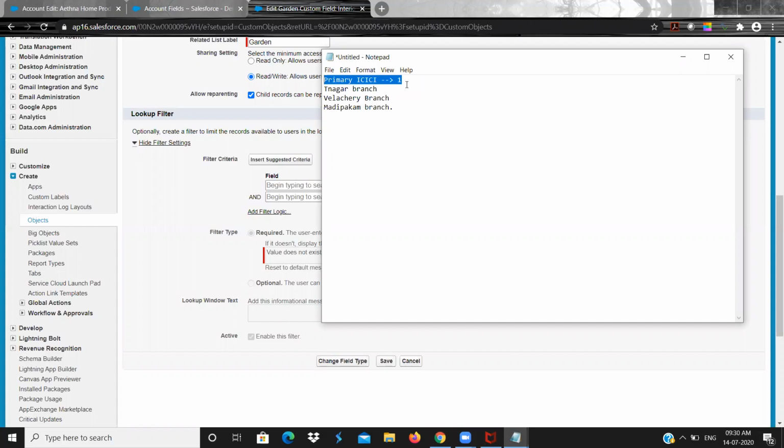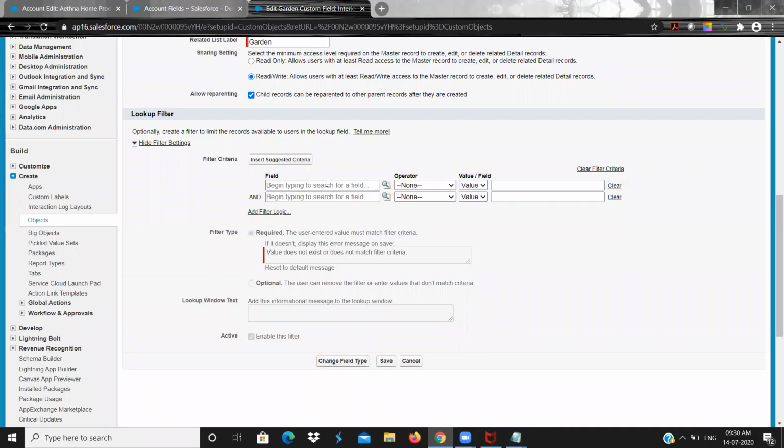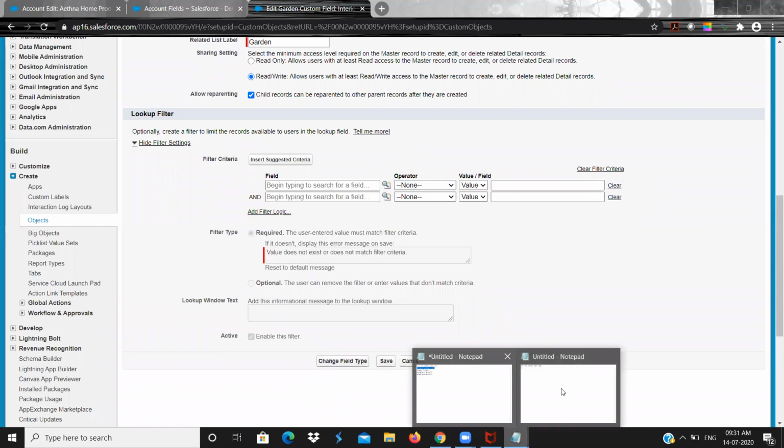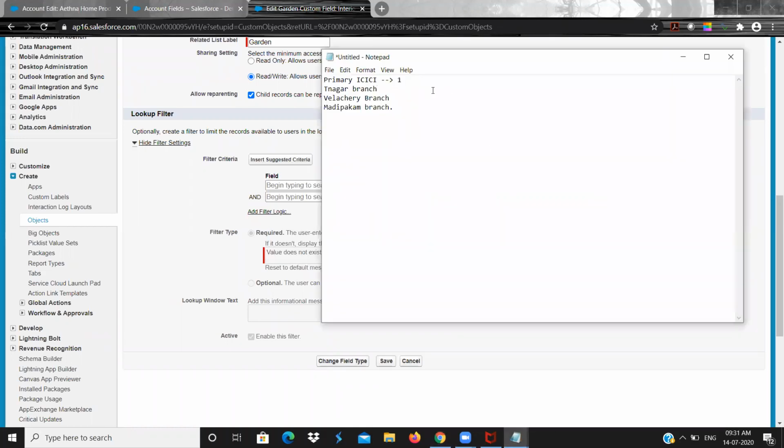We are having only one head office, so we are using it as a primary account. For each and every account, this is a filter criteria. What it will do is filter selected accounts. Generic filter criteria only you can give, right? For example, you have HDFC bank, same condition.